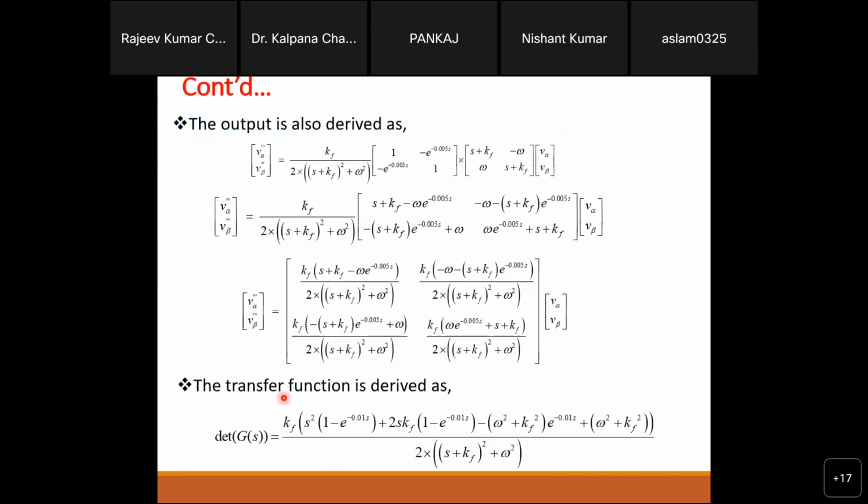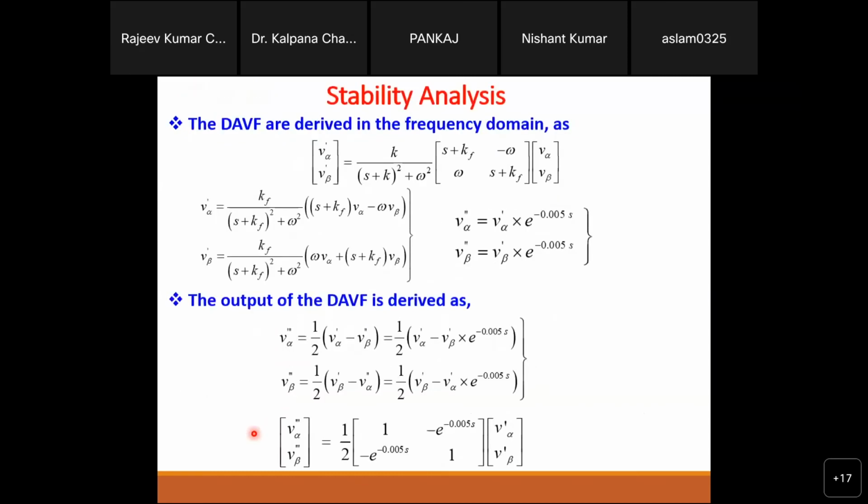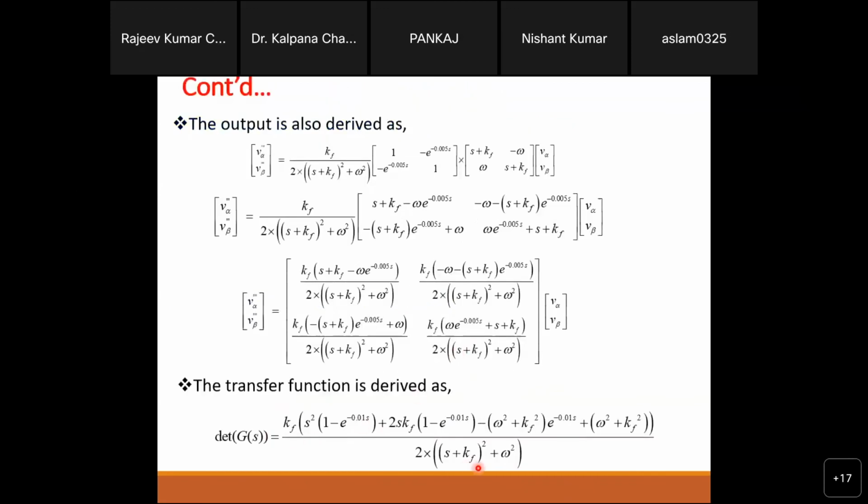What we can do after that, we will go for the open loop transfer functions. We will try to find out the open loop transfer function. Once you get the open loop transfer function G(s), so this is your G(s). If we have this one, we can calculate the open loop transfer functions. So this is your open loop transfer function. In this transfer function you will see this constant kf. Kf is everywhere, right?